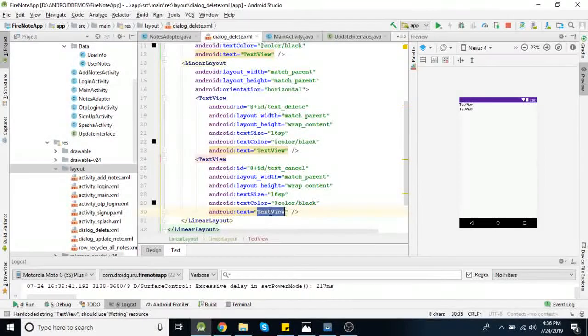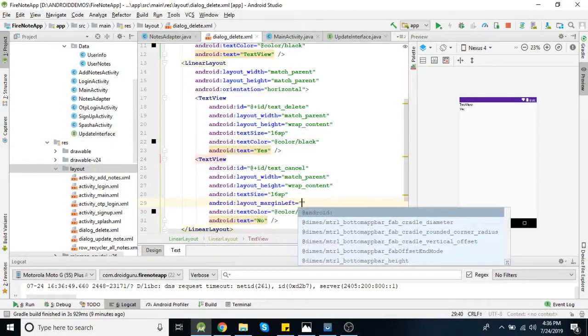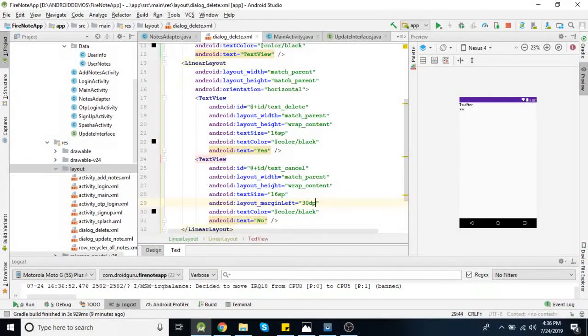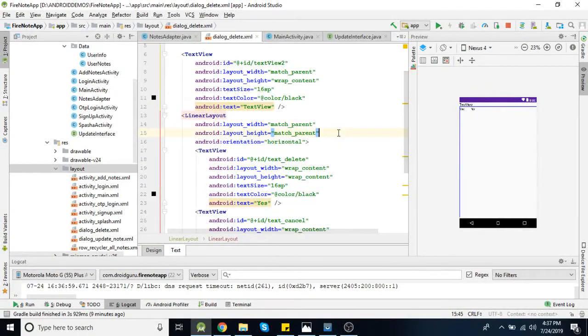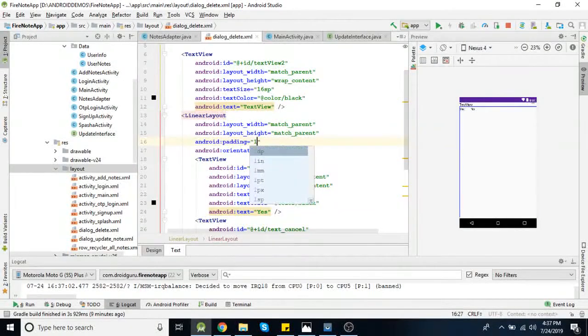So here the text will be no and here yes. Let's add some margin, left margin like 30 dp. This width will be wrap content, this also. Then add some padding like 10 dp.